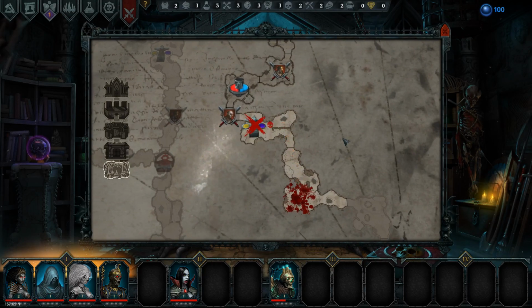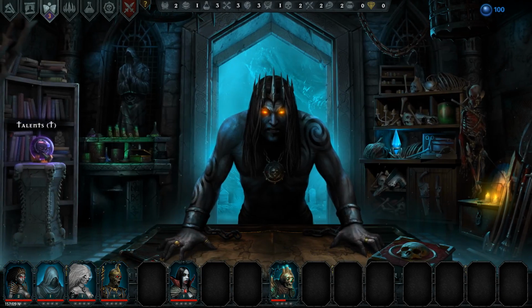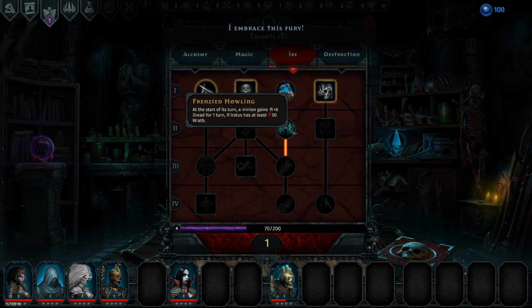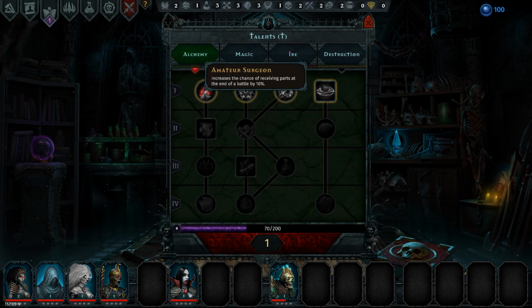Because what this does lets you choose Iratus experience or minion experience. Both of them are pretty damn good. I almost always go for the Iratus experience. And we are going to put a point into Frenzied Howling, start of a turn minion gains +6 Dread for 1 turn. Now we can start going up this way, because I really, really, really want Relentless Evil. That being said,